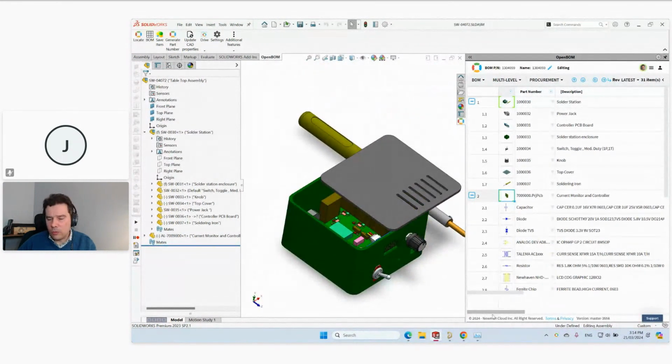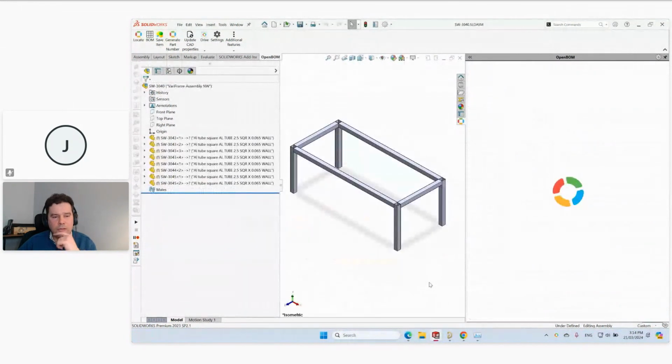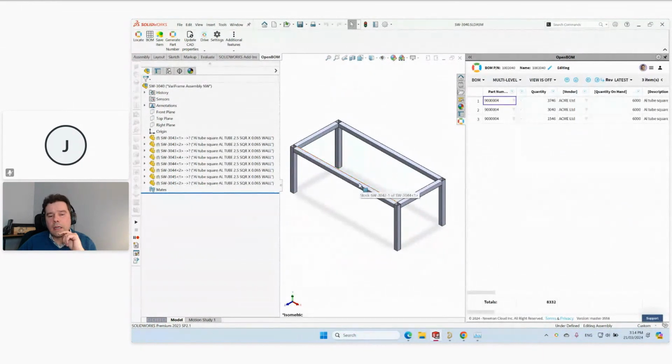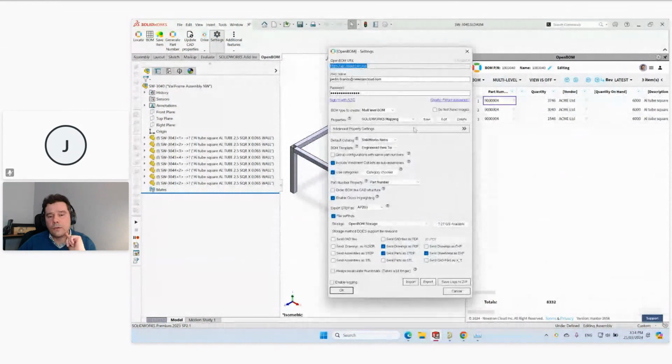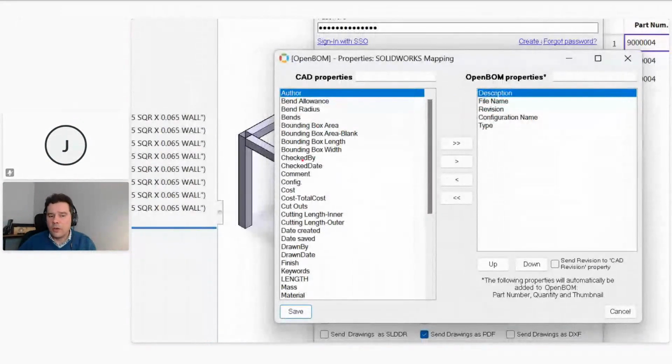Let's look into a few more examples on best practices and getting the most out of your CAD data. So another area that you can invest in is that CAD has so much information that you can use. For example, length, areas. Notice that we can capture from CAD a lot of information that can be used for costing or for manufacturing. So we can bring from SolidWorks any of these properties, things like bounding box areas, cutting lengths,